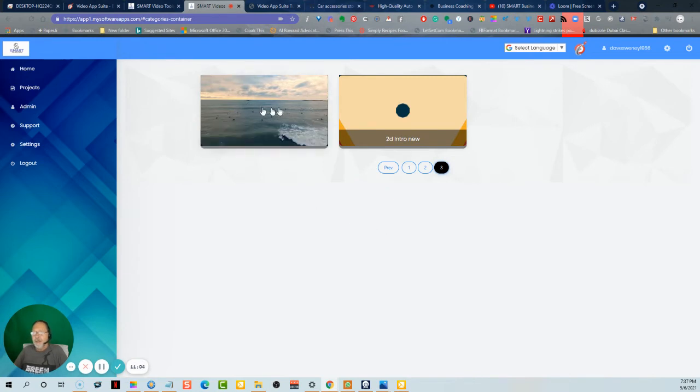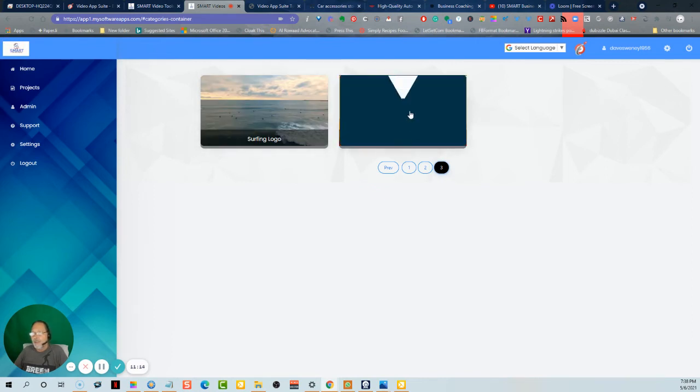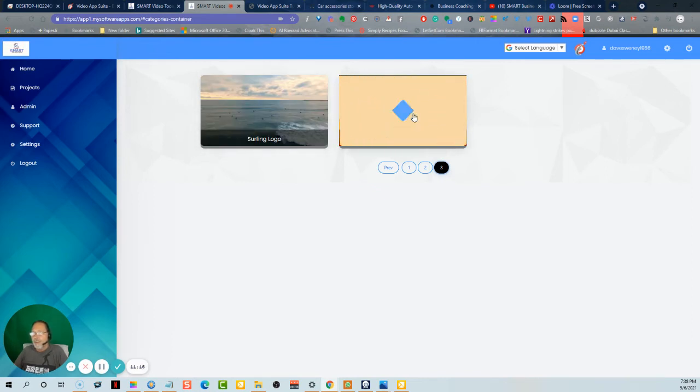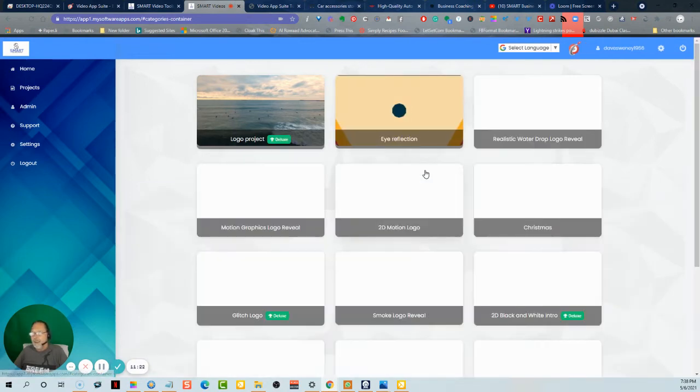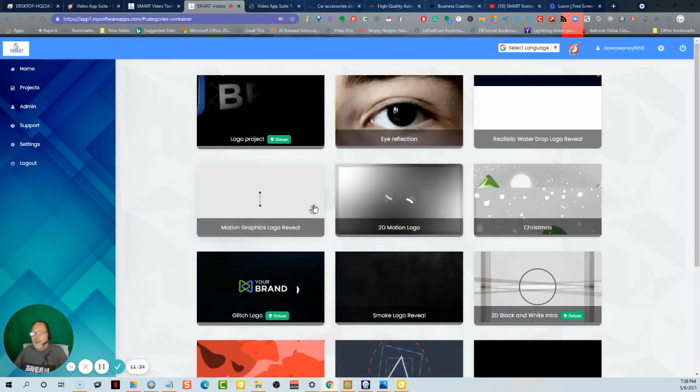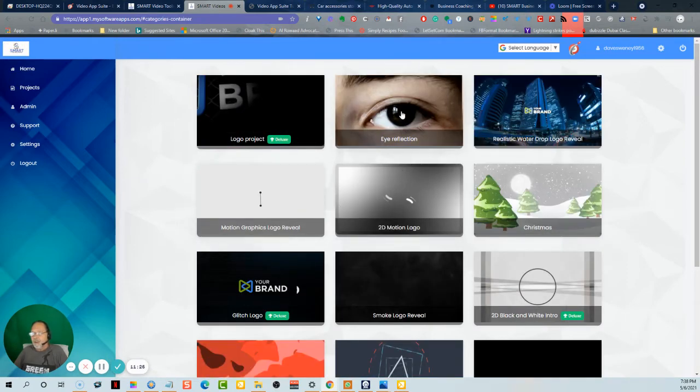Surfing logo. That's pretty cool. And this is almost like a power slide thing. But you've got some nice ones here. Eye reflection.